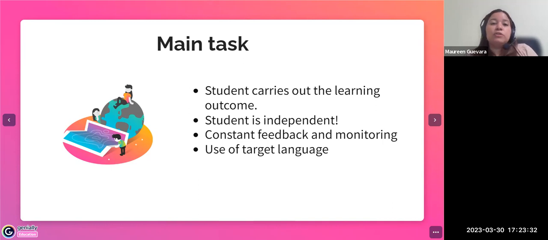Because sometimes we teachers ask them, during the pre-task, to practice a dialogue, to listen to a conversation, and then to ask questions orally. And during the main task, we ask them to write a paragraph about their past activities, and they don't know how, because they didn't have the model of the language before. So we have to be very careful on that. And that is why when we are planning, we need to think about, okay, what is the learning outcome that our students describe their past activities?